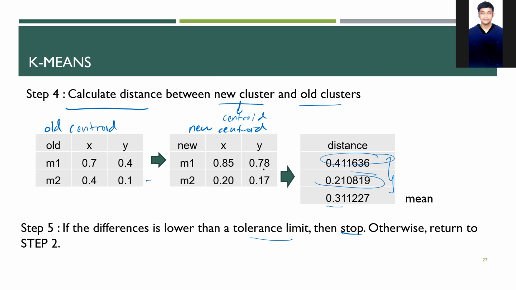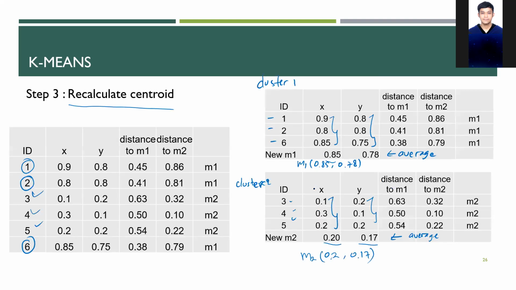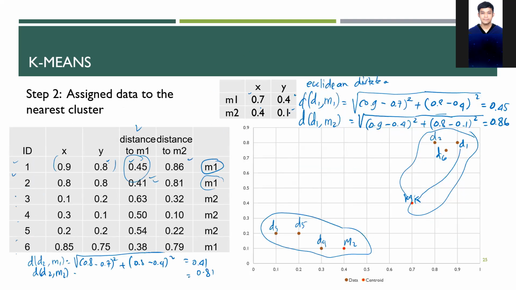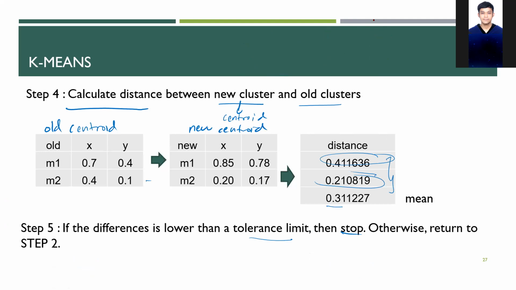If we decided not to stop, then we go back to step 2, like this. We go back again, but this centroid has been updated. So the centroid is updated into the new centroid for the next iteration. For the new centroids, M1 and M2, they are different. X, Y. See, the new centroid is